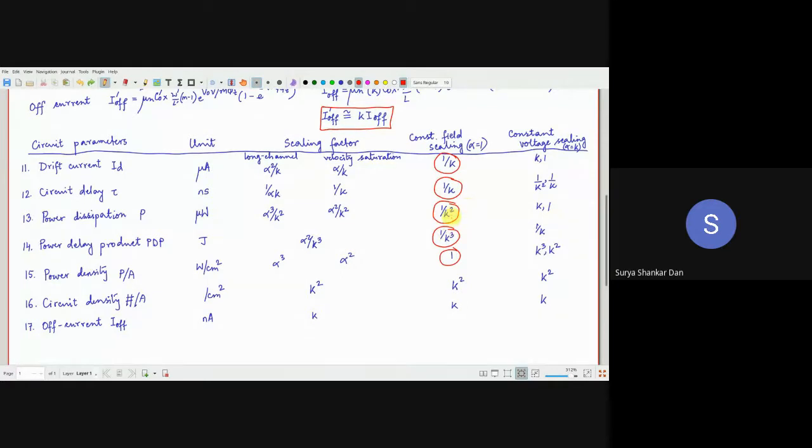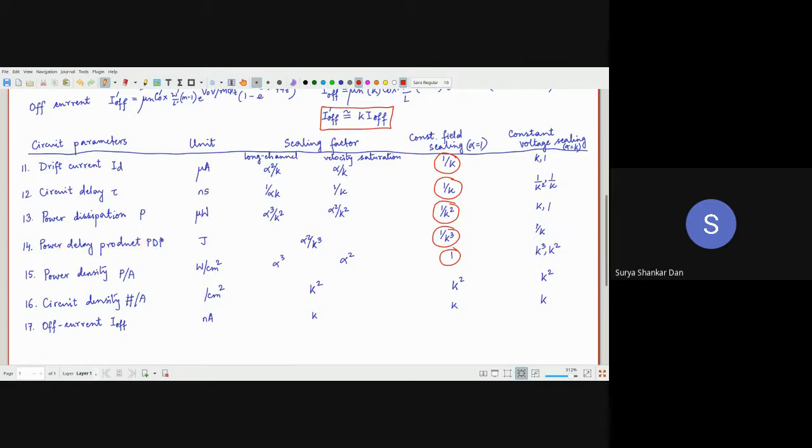This is going to be one of the major ones. So if you scale the technology, especially in constant field scaling, please understand that. If you are using constant field scaling, then not only are you going to reduce the power from K to 1 upon K square, on top of it, your device operation or the circuit performance will become independent of whether the device is actually operating in velocity saturation or in the conventional transport of a long channel device. Understood? Very nice.